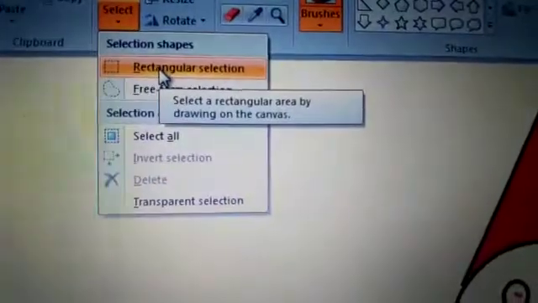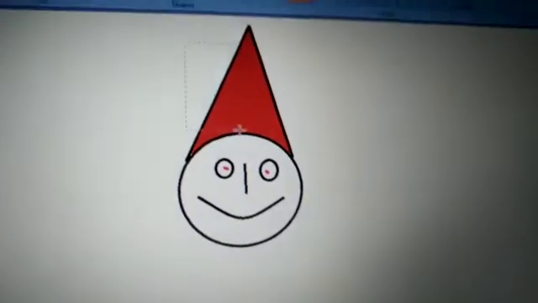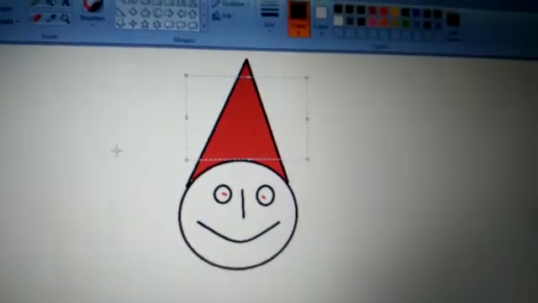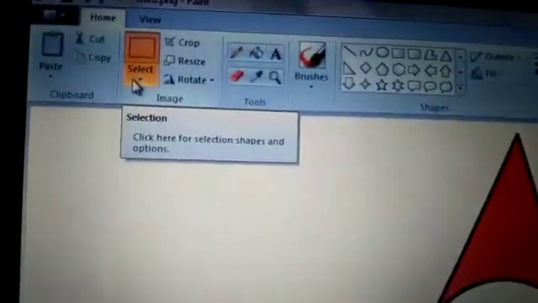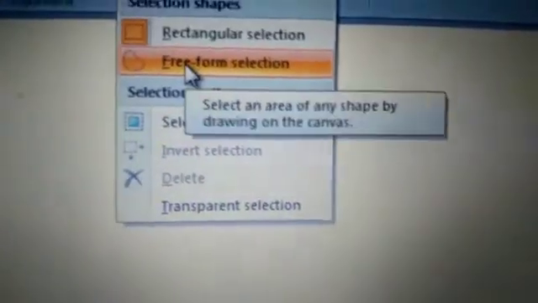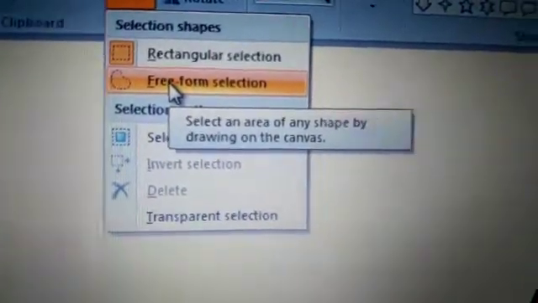When we use the rectangular selection, whatever area we select will be in rectangular shape. And if we want any other shape like a circle or a flower, then we have to use the freeform selection.